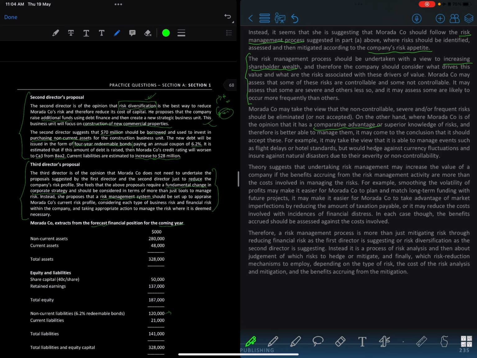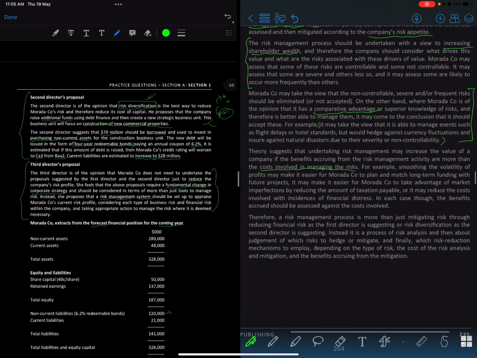So for example, it may take the view that it is able to manage events and flight delays or hotel standards, but would hedge against currency fluctuations and insure against natural disasters because of their severity and non-controllability. So you see how they are giving us examples as well, right? Very important. So theory suggests that undertaking risk management may increase the value of the company if the benefits accruing from the risk management activity are more than the cost involved in managing the risks, right? For example, smoothing the volatility of the profits may make it easier for Morada to plan and match long-term funding